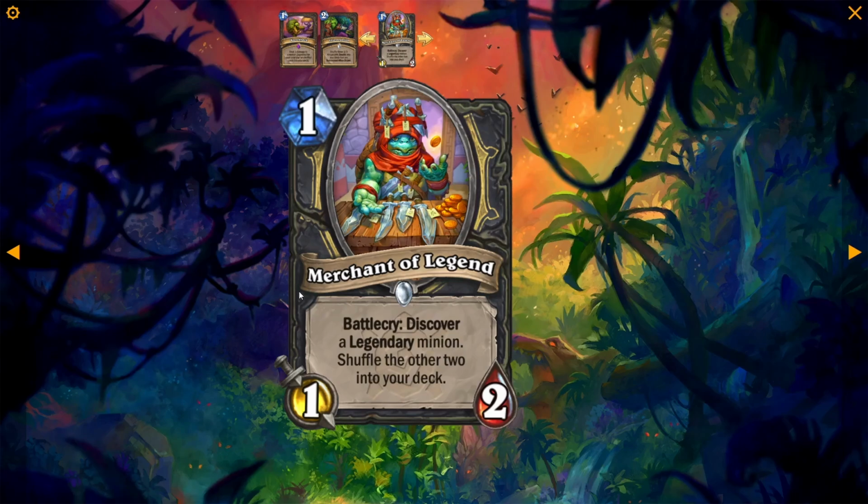And then finally, we have the Merchant of Legend, which is a 1 cost 1/2 with the Battlecry, discover a legendary minion, shuffle the other 2 into your deck. I think the pre-existing shuffle cards from previous sets are just going to be a lot more potent than